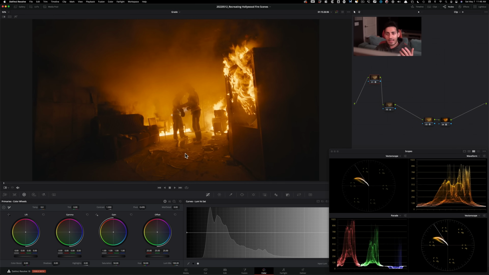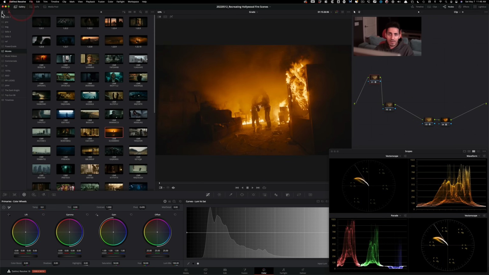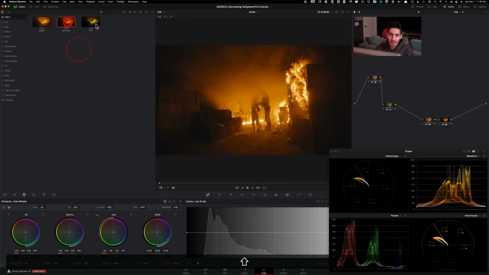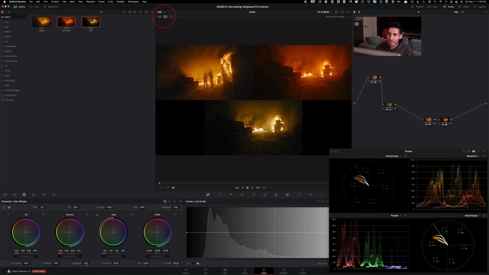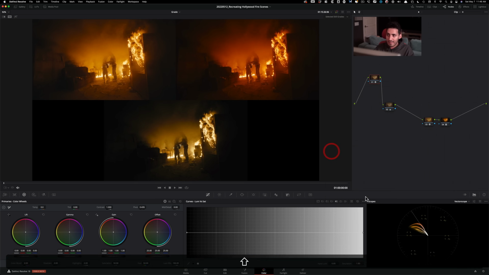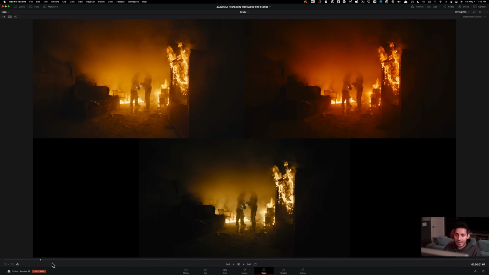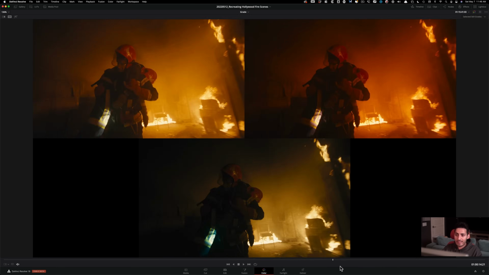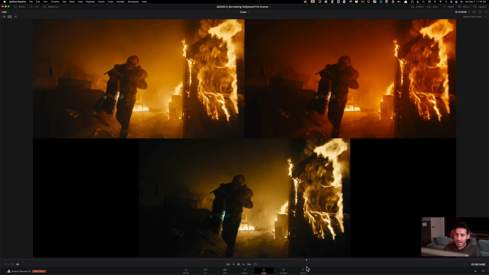So guys, you saw how different these three looks are, right? So what we can do at this point is I can grab these two, go under my still images and change it to still grades. And the beauty of that is I'm going to right click and hide this outline. Now the beauty of this is, let's kill this, make it full screen, that we can play all three grades that we created. So you can really see it in effect. Okay. How cool is that? Skyfall, John Wick,